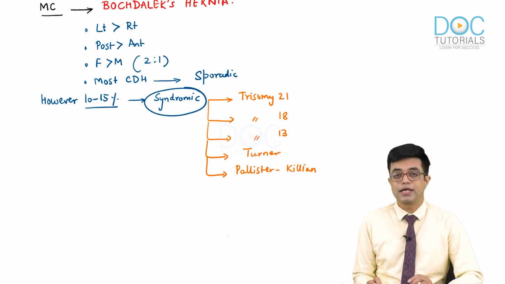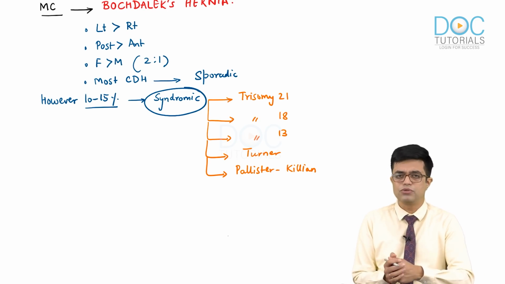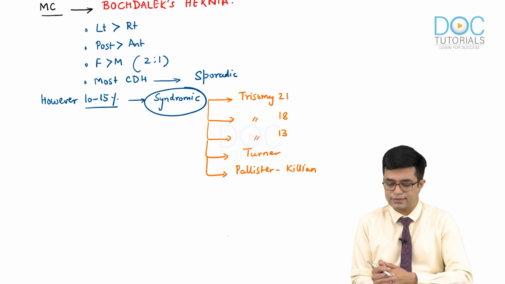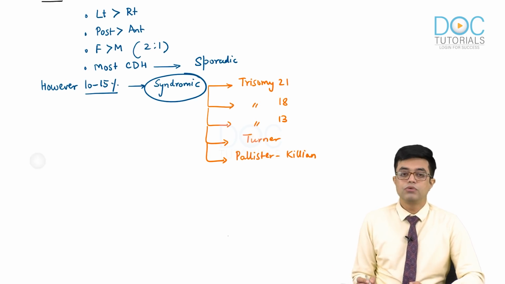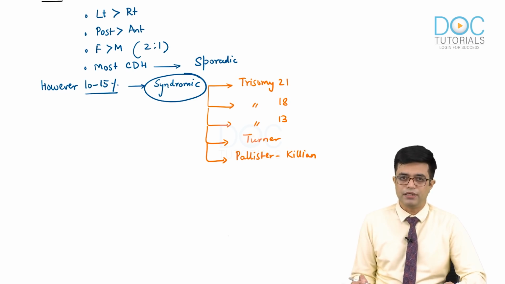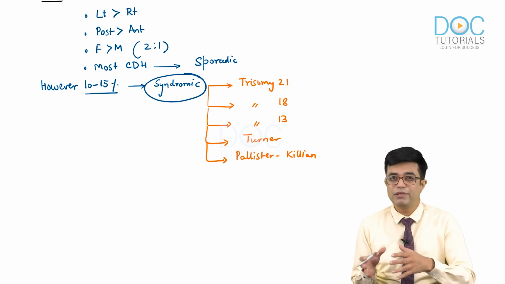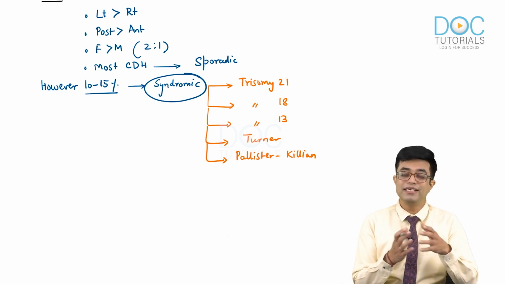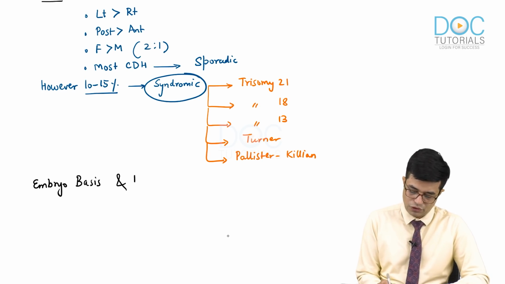However, you need to understand that in the vast majority of patients, it is an isolated defect which does not have any association with any underlying disease. Now, when we talk about diaphragmatic hernia, it is important to understand the pathophysiology of the condition and why the disease is happening. If you understand pathophysiology, trying to understand the drugs involved and the treatment regimes becomes a bit easier to digest. So, what is the embryological basis and pathophysiology